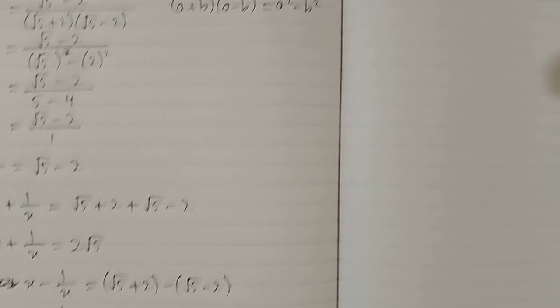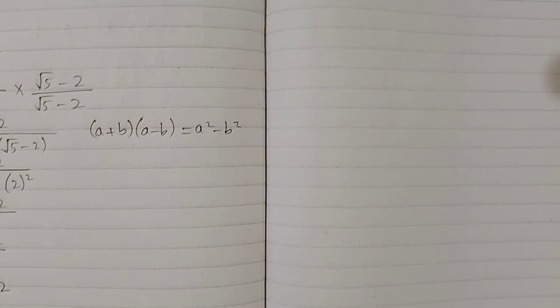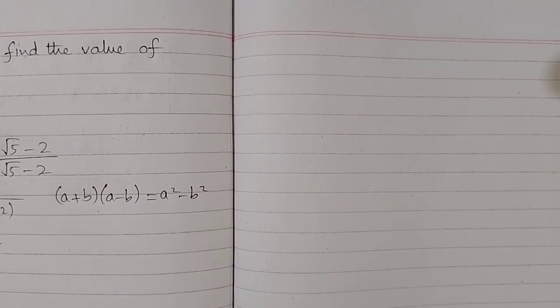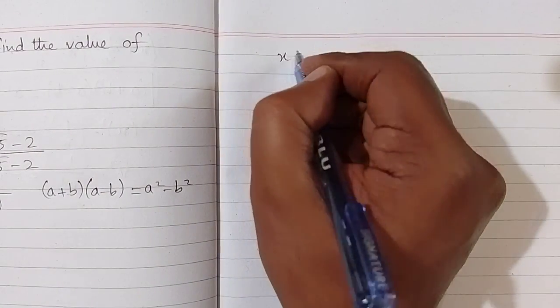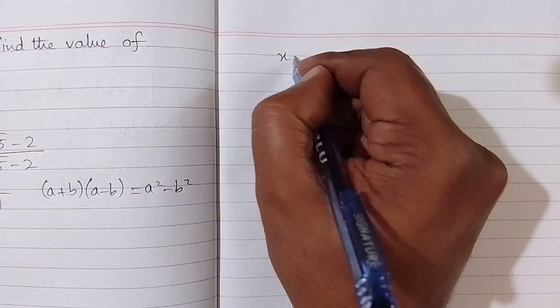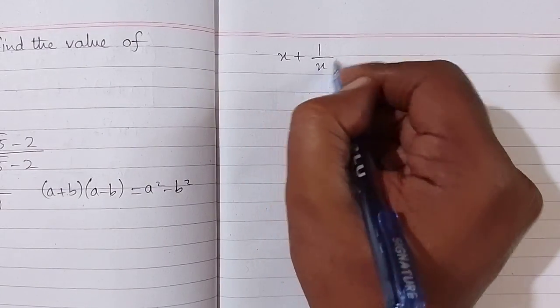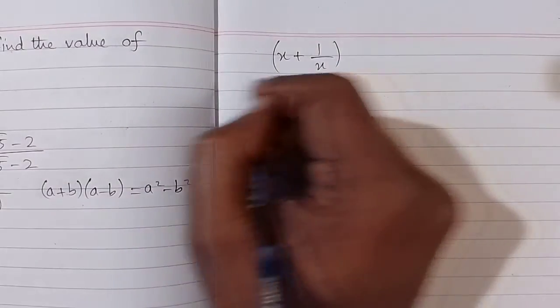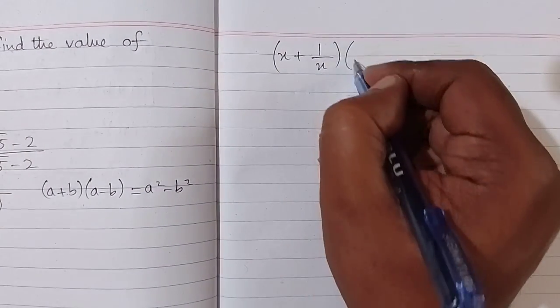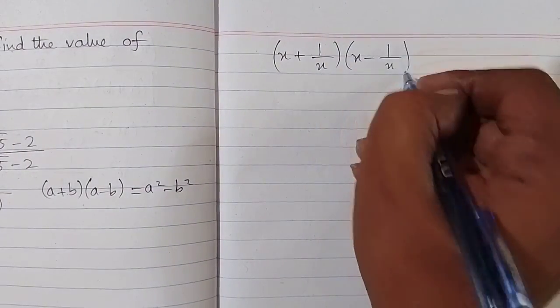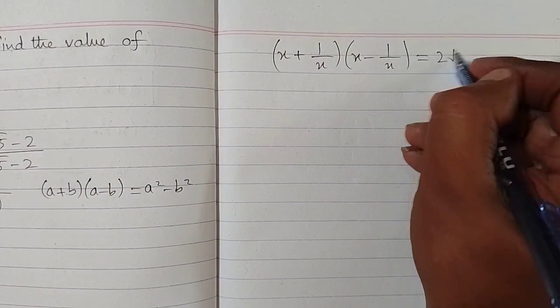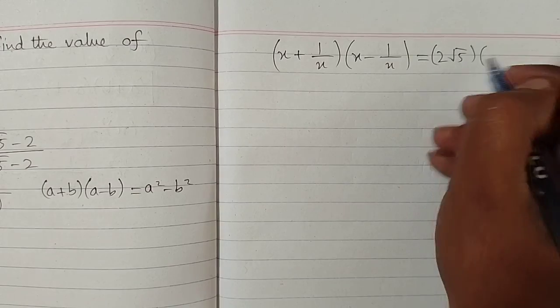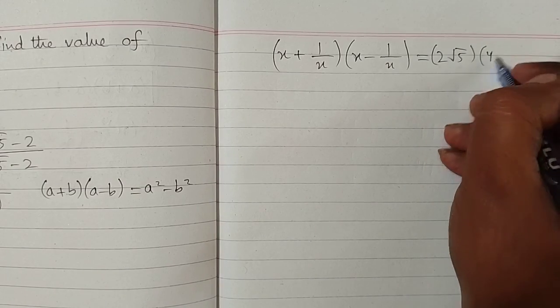Now we find the value of x square minus 1 upon x square, and for this we will multiply these factors, which are x plus 1 upon x and x minus 1 upon x. So x plus 1 upon x is 2 square root of 5, and x minus 1 upon x is 4,